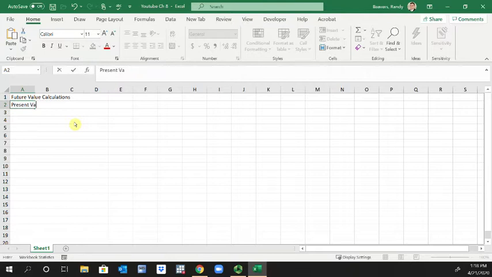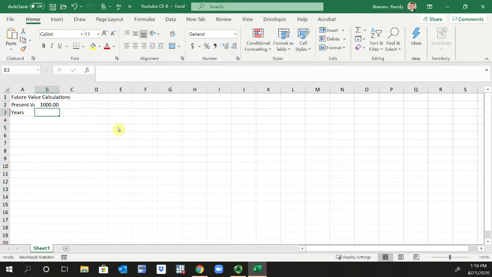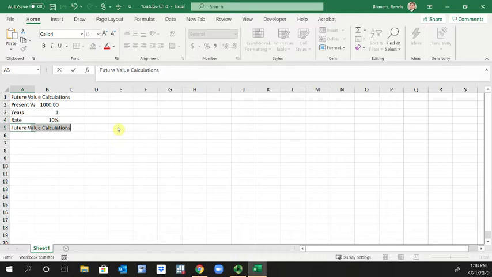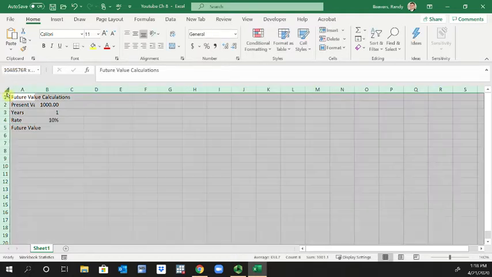Suppose we have present value, meaning that you've got money today worth $1,000. And let's do that to 2 decimal places. We are going to deposit that in an account for a year at a 10% interest rate. What is the future value of this amount? So, to determine this,